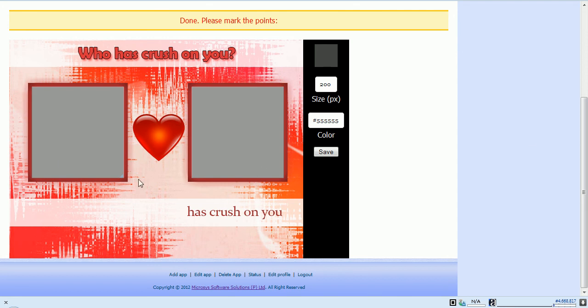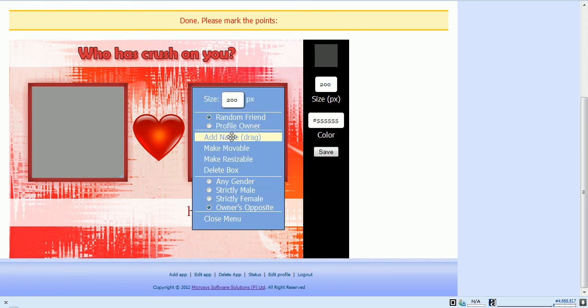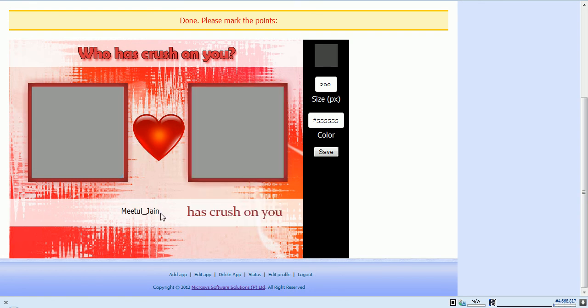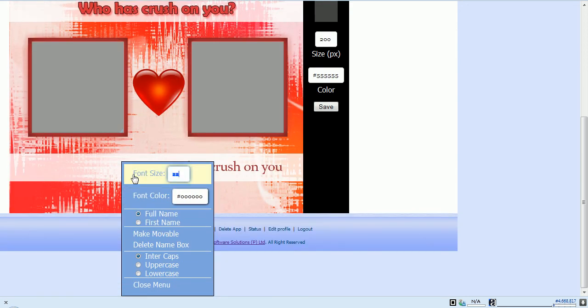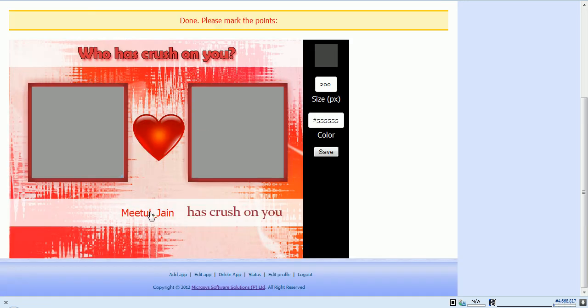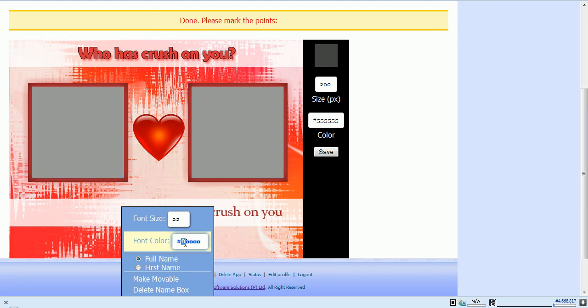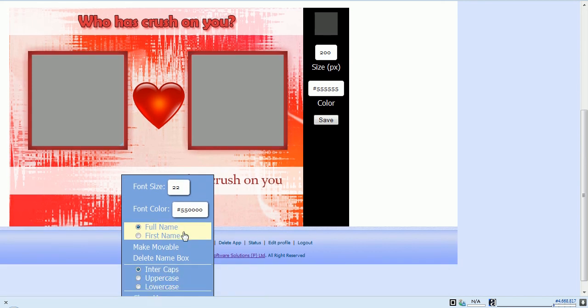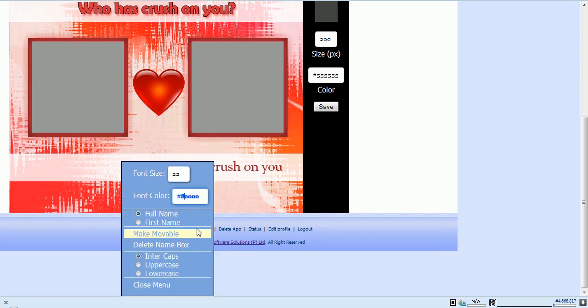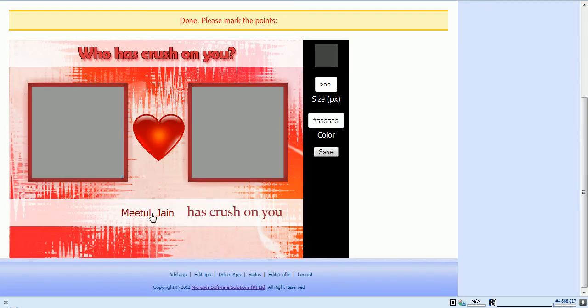Now I want to show the name of the crush over here, so I must click on this box and drag add name option to here. Now I can set its font size and color by clicking here, and I will set the font size somewhat bigger and color towards red. Probably we can use some dark color. Okay, the color looks good,